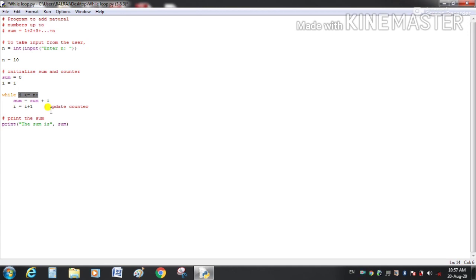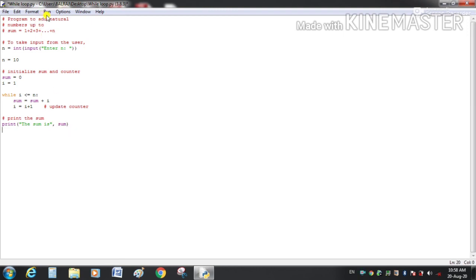So in this way we can get the total of n numbers, means 10 numbers, and print the sum. We have a print statement here. The sum is, and the value of the sum will come from this sum variable. So we have written here sum.